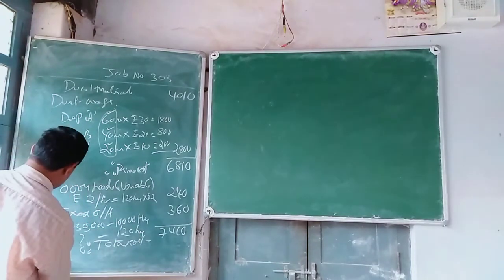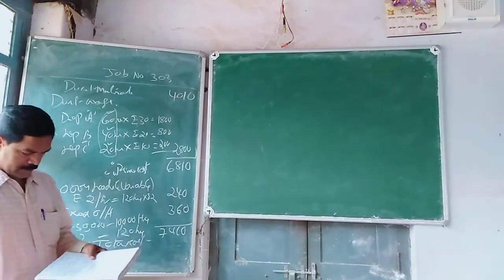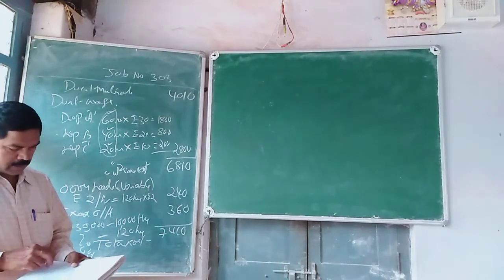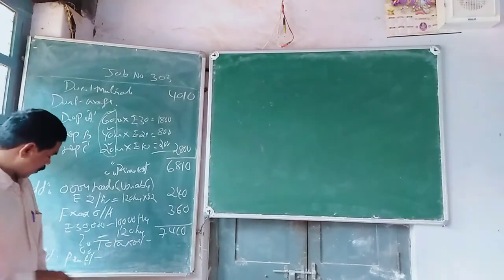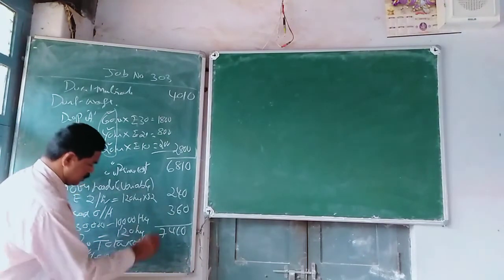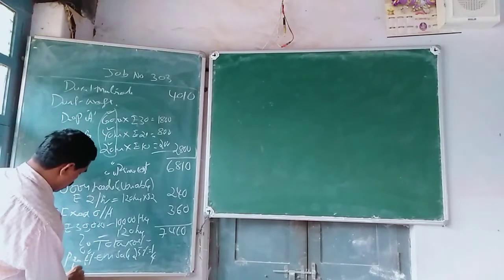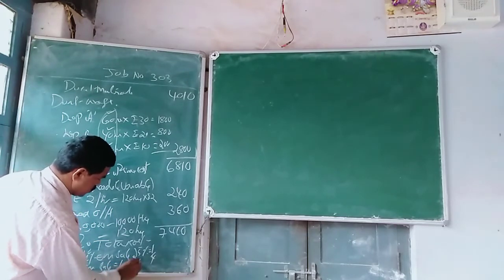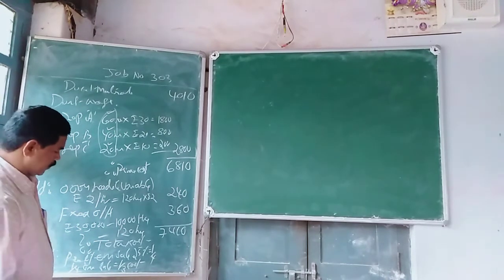So now we have been given the rate of profit, so we have to add it. Add profit. Here the profit on sale is given. On sale it is 25%. You know 25% is equal to 1 by 4. So 1/4 on sale is equal to 1/3 on cost. So 1/3 of 7,410 is the profit.